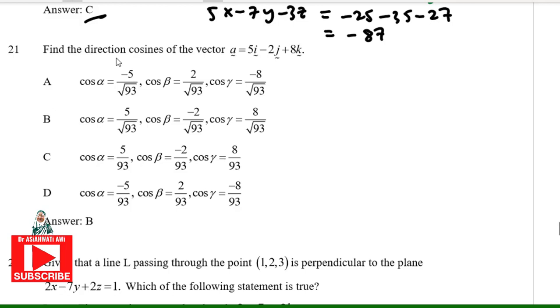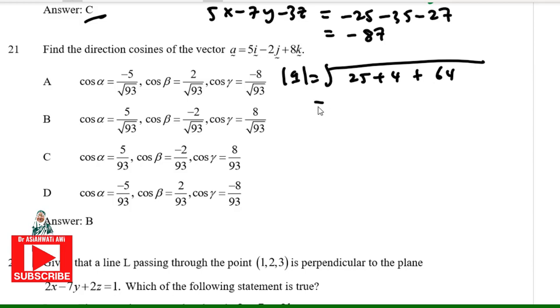Find the direction cosine of a vector. Given the vector, for the direction cosine you need to find the modulus. Find the modulus of vector A: 25 plus 4 plus 64, and this one is 29 plus 64, which is equal to